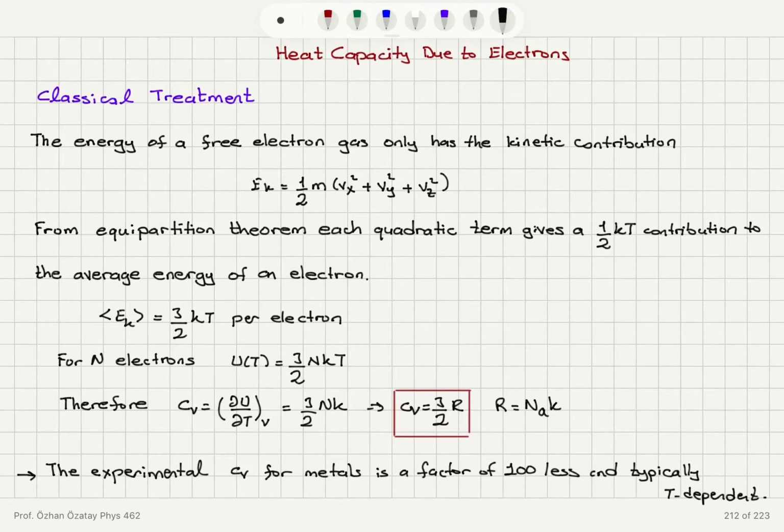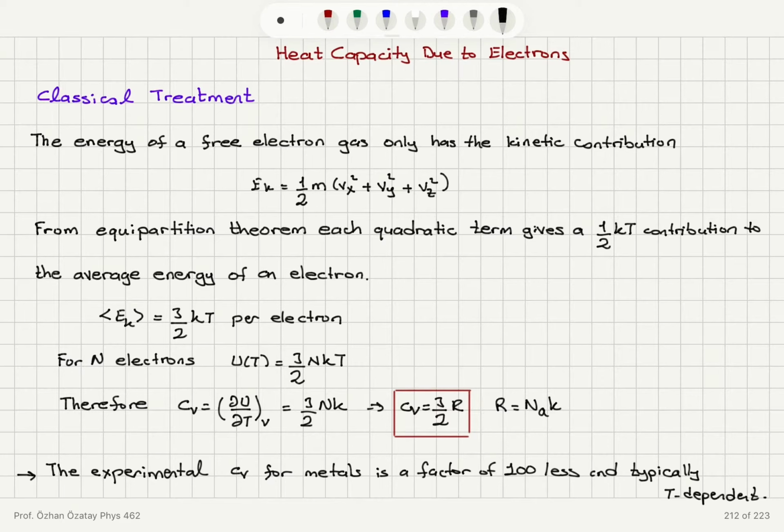Now you will calculate the contribution to thermal conduction from electrons. And to calculate the heat capacity due to electrons, first we can start with classical treatment. The energy of a free electron gas only has the kinetic contribution, so we can write this in 3 dimensions as translations in x, translations in y, and translations in z, giving us 1/2 m (vx squared plus vy